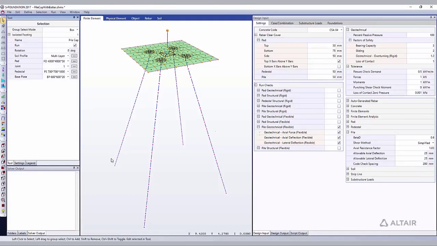The maximum allowable axial and lateral deflections are entered in Design Input, Pile, allowable axial deflection, and allowable lateral